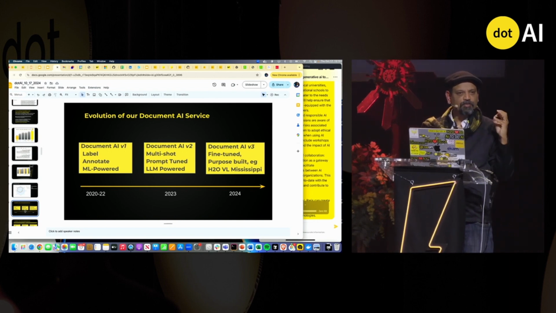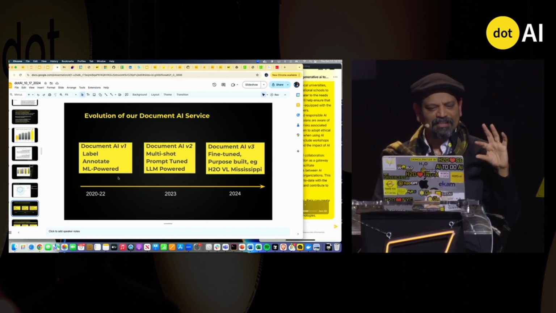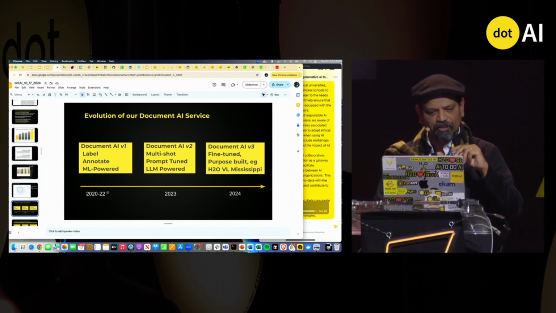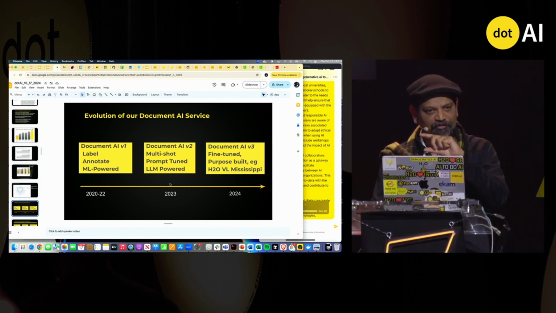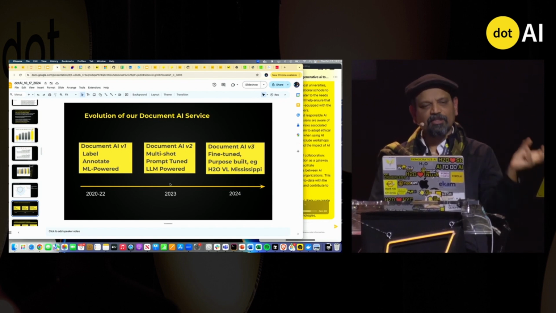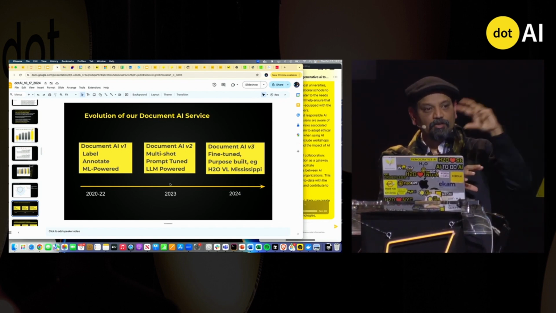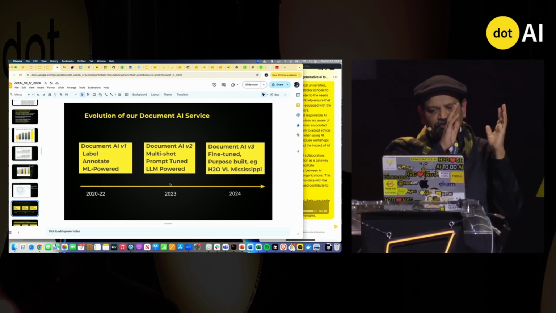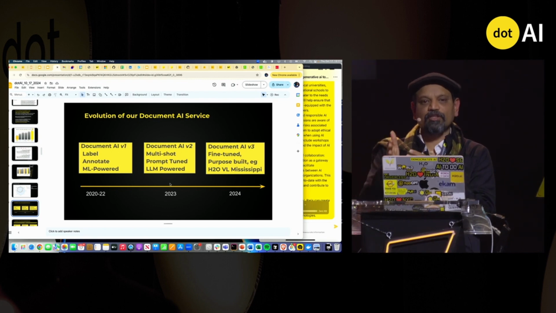So Document AI is how we came to LLMs. And for years, we worked with enterprise documents, and ML-powered applications is how Document AI V1 was. And you can see that ML-powered apps have a very high technical debt, right? As data changes, you have to rebuild all the pipelines. Then came Document AI V2, which was LLM-powered, from ML-powered to LLM-powered. And I think this is a metaphor. Most of your SaaS applications are going to go through the same transformation. And from LLM-powered to actually a purpose-built LLM for that problem.